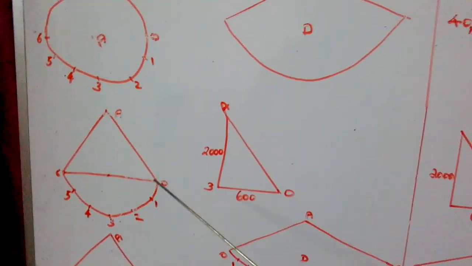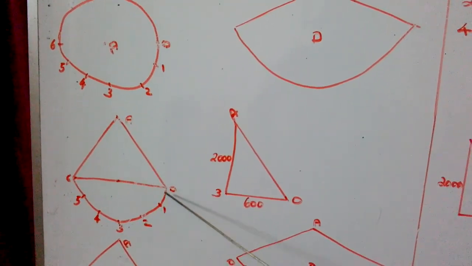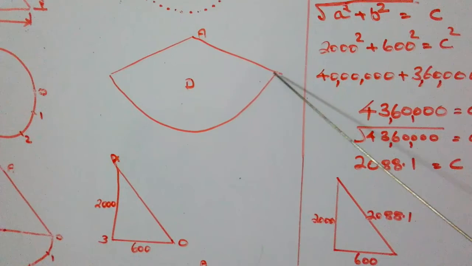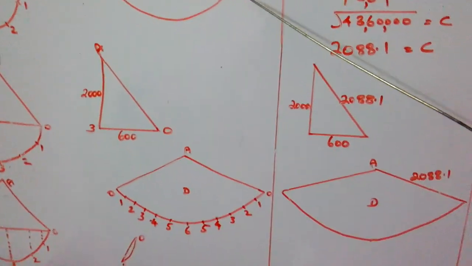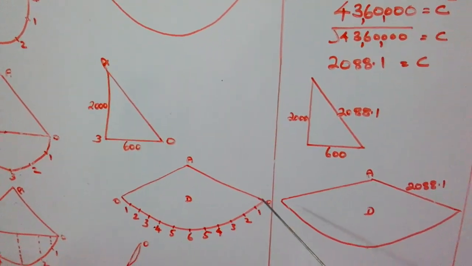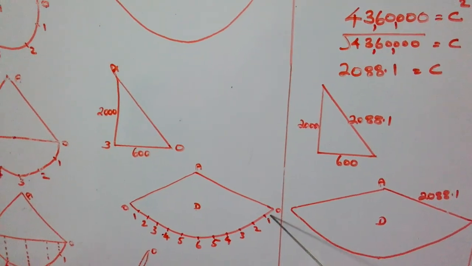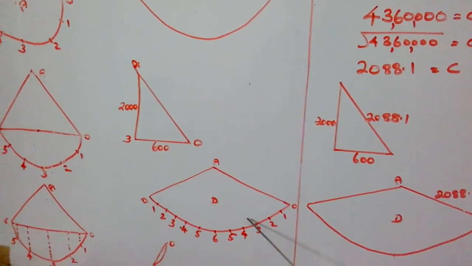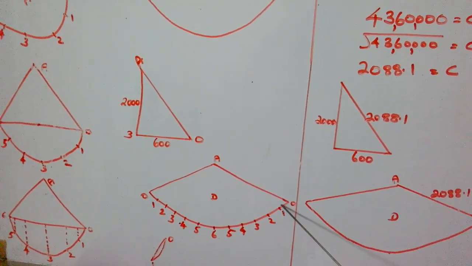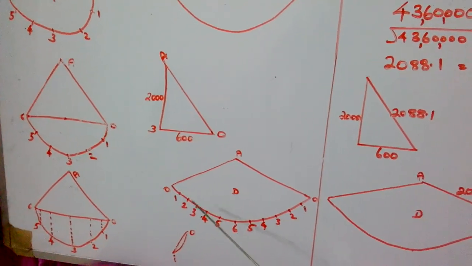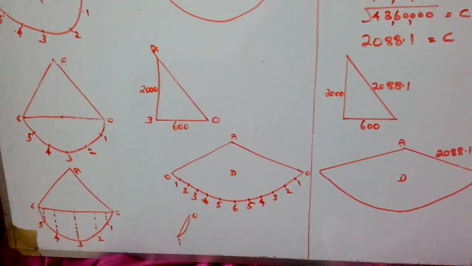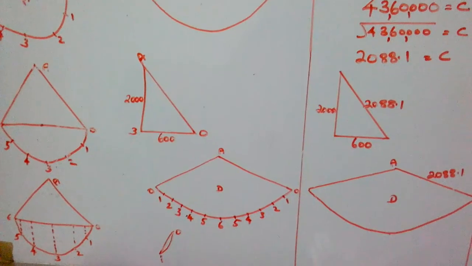Everybody knows how much the length is from 0 to 1. If you take this 0 to 1 measurement and add it here, I have added it here. It will reach here. 0 to 1, 1 to 2, 2 to 3. These measurements will all be the same. If you take this measurement in the compass and add it 12 times, it will reach 0. That will be the last point. Then the cone has been developed. Its development has been completed.